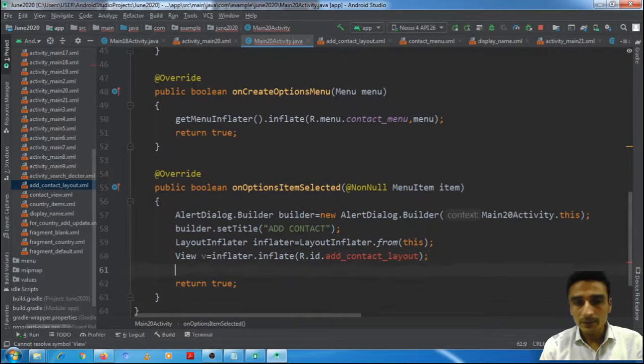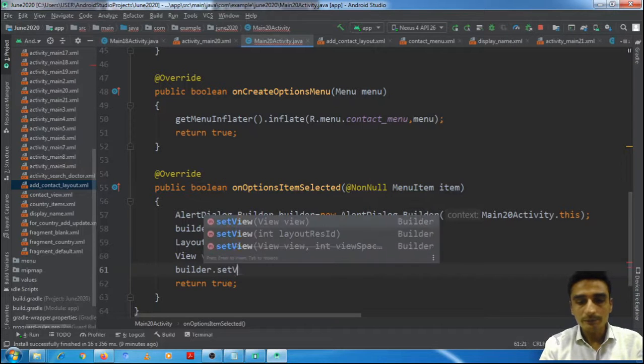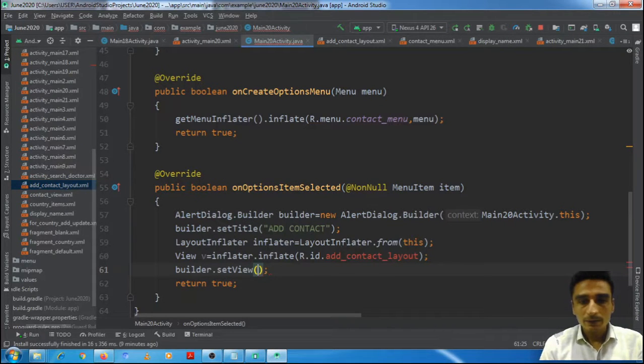It is not compiled, that's why, but it would run. Then we need to set this layout to the builder, that is builder dot set view v.